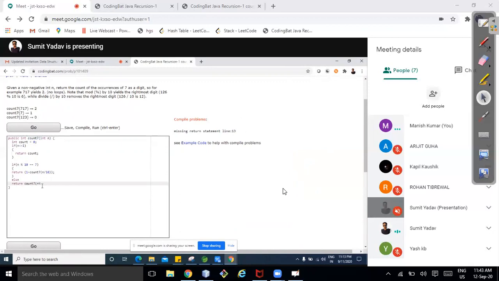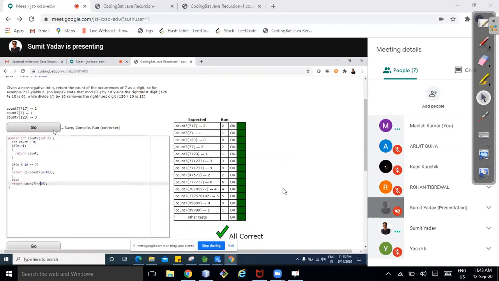And modulus 1. No, and divided by 10, not modulus. Okay. Okay, just try executing it. Okay, now I'll help you where you are missing. Why you are facing difficulty? I got you actually. What problem you are facing, I got you.